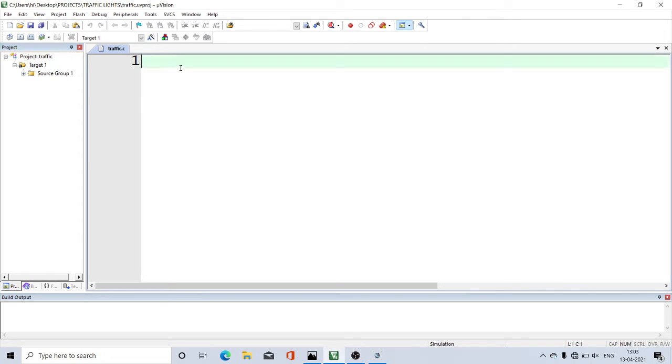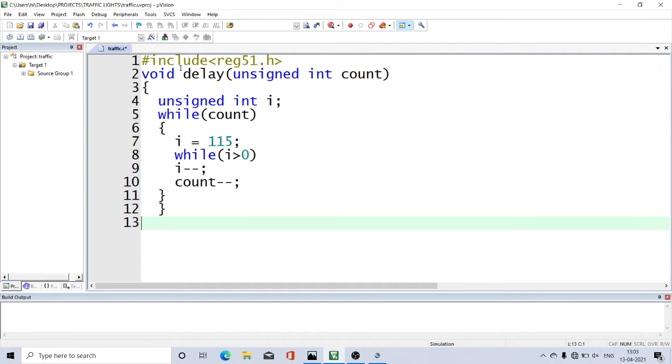Now we need to type the program with the header line first, hash include reg51.h, then delay function which is common for every project what we are doing.